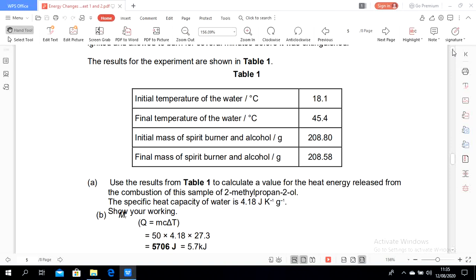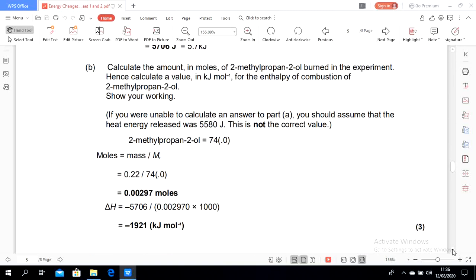subtracting 208.58 minus 208.80. Okay, and then we found that 0.22 grams has been lost. Okay, so the mass that is used is 0.22. So 0.22 divided by the molar mass of 2-methyl propan-2-ol, which is 74 gram per mole, and then we find